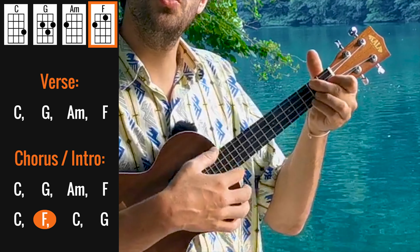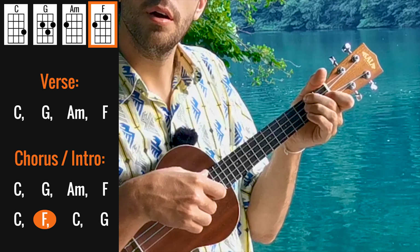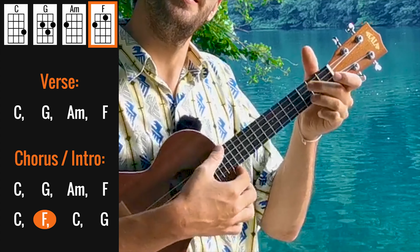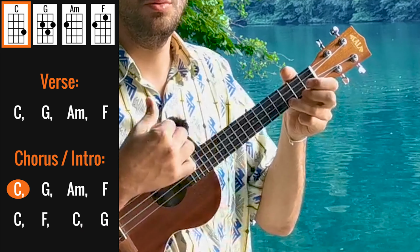No woman no cry. And here on the F you can do E string, open E string, and then C string 2nd fret, and go to C chord. Alright, so no